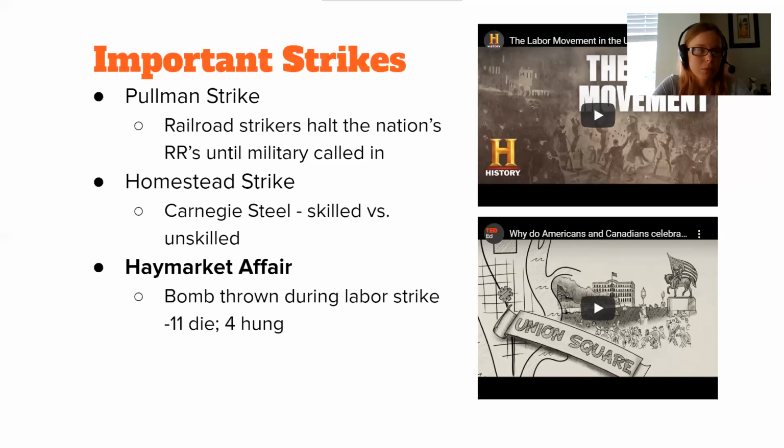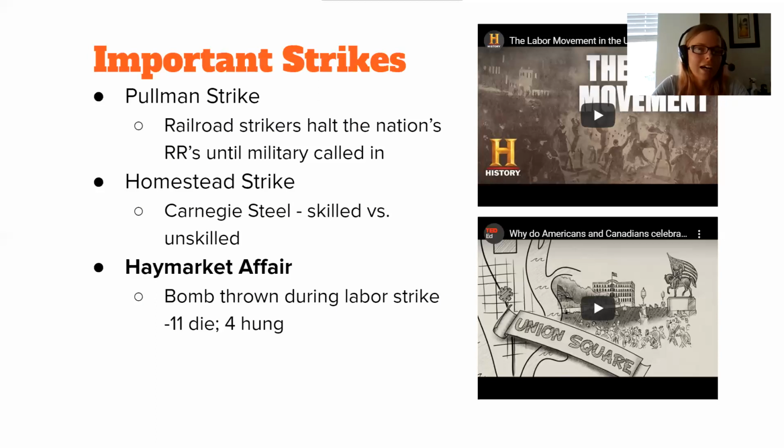All right, the next strike, the Homestead strike. Homestead Steel was one of the main plants for Carnegie Steel. Remember, this is Andrew Carnegie. He's the steel robber baron, the steel captain of industry. That's his industry, steel. And at Homestead Steel near Pittsburgh, Pennsylvania, they had a craft union. So the workers were skilled tradesmen with making iron ore into steel with the Bessemer process and whatnot. And they had an agreement that the company foreman, the manager there, Henry Frick, who worked for Mr.